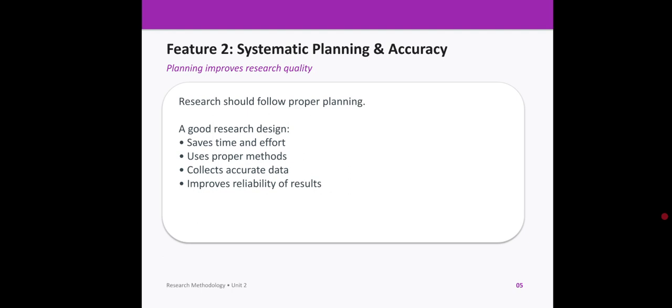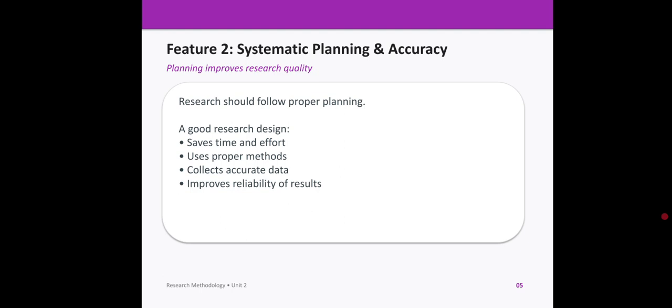So students, another important feature of good research design is systematic planning, and the research should not be random. Everything should be planned properly. How data will be collected, which means what method you are using for collecting the data. It may be a qualitative or quantitative method. You may also use a questionnaire or survey method to collect the data, or you can also use the interview method, but it totally depends on your research,